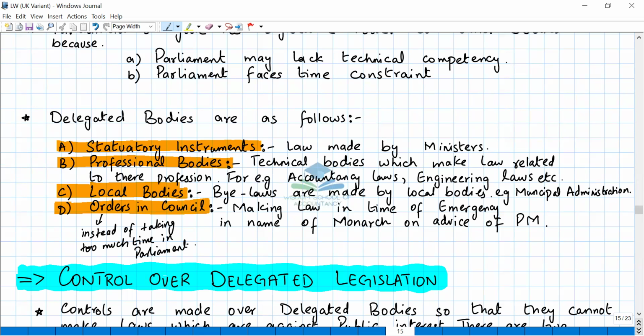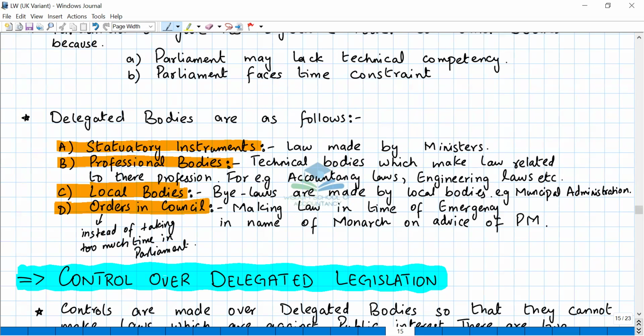So that is known as statutory instrument, where you are delegating your power to the ministers and you ask them to create the laws in their relevant ministries. Clear? Then you can delegate the powers to professional bodies, technical bodies that can make the law related